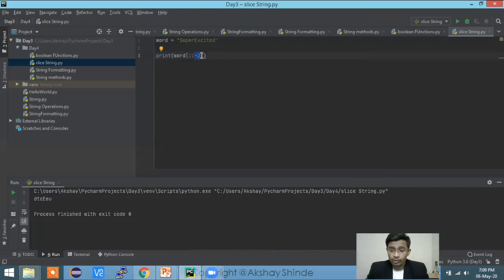Yes, it will also reverse, but you don't have to give 0 over there. Since Suraj gave 0, that's why it was not coming towards the last letter. If you want to cover everything, you do not have to enter any number over there. From -1 till everything, that's what it indicates. If you want to start from E and cover the rest of the part, then you do not have to give anything.